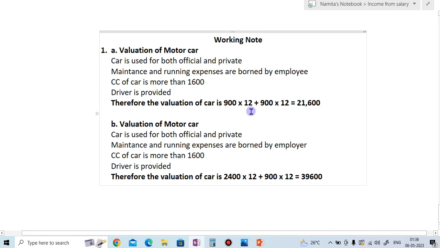Why? Because 900 per month. That's why 900 multiplied by 12 plus 900 multiplied by 12. This 900 is the driver's salary. So the total valuation of the car, if the expenses are borne by the employee, will be